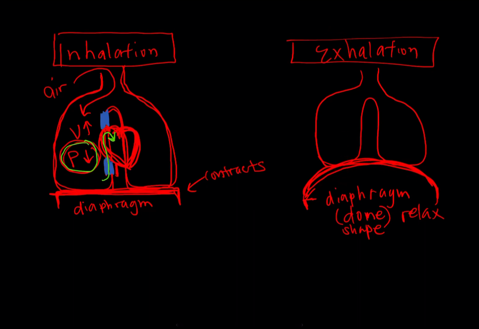Because you're pushing on the lungs, you're allowing less space to be available within the lungs, so volume goes down. And according to Boyle's law, when volume goes down, pressure will go up, which means the pressure within the lungs is now higher than the atmospheric pressure on the outside. Just like with a concentration gradient, where things move from higher to lower concentration, gases will always move from an area of higher pressure to an area of lower pressure. So that's why air will then move out from the lungs back out into the environment,